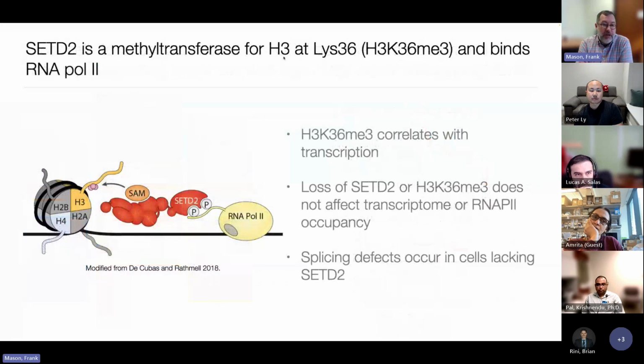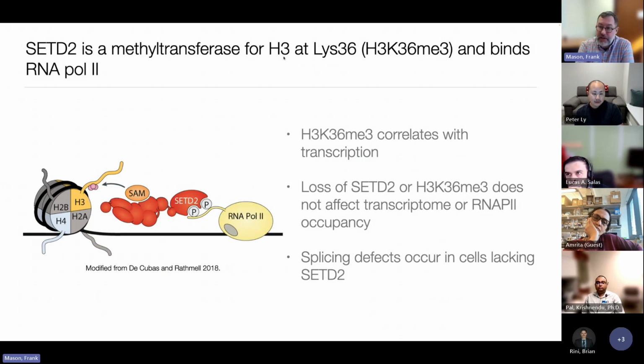So as many of you know, SETD2 is a methyltransferase. Its primary role is thought to be in methylating histone 3 at lysine 36, specifically the trimethylation, and it's thought to be the sole enzyme that performs this function in mammalian cells, somatic mammalian cells, I should say. SETD2 can bind actively transcribing RNA Pol2,